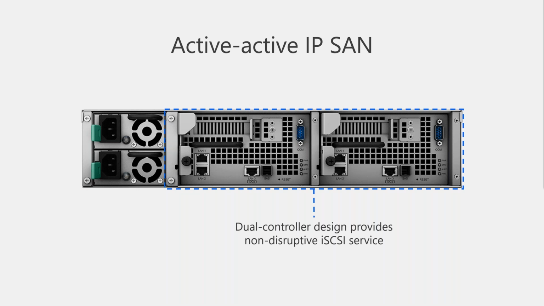We do have another NAS called the SA3200D, which you can check out on our website. It has the same dual controller design, but it does allow you to use any of our protocols. So the UC3200 is iSCSI only, but we do have one that will let you do NFS, SMB, etc., and run all of our usual applications as well. But that one is active passive. So it's our traditional high availability like I just showed you, instead of being active-active.